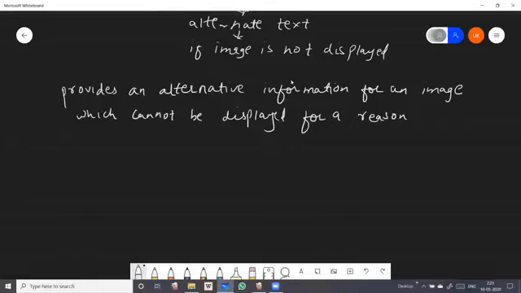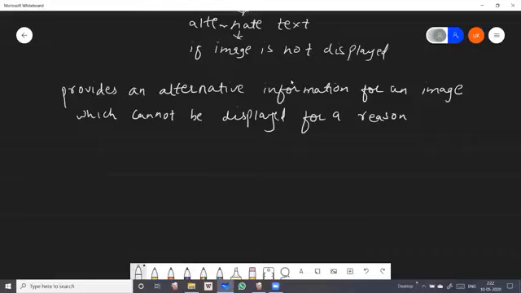Okay, students, so here we saw the brief description about metadata and the image tag with the alt attribute, which is also called the alternative text. Because it gives alternative information for an image, and you have to remember, students, that it is used when the image is not displayed. For example, if you are trying to view any image, sometimes that particular layout or frame appears, but with a cross or somewhat broken.